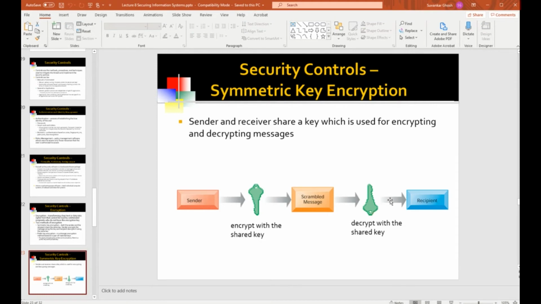There's no secure channel before the key has been shared by the sender to the receiver. There's no secure channel before that key has been sent. So the question is, how is the key itself securely sent to the receiver? And that is its weakness. There is no secure way for the sender to securely send the key to the receiver.